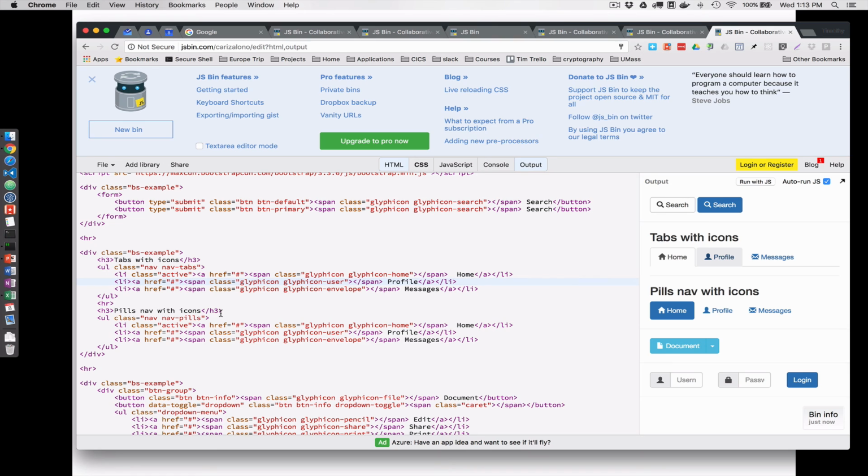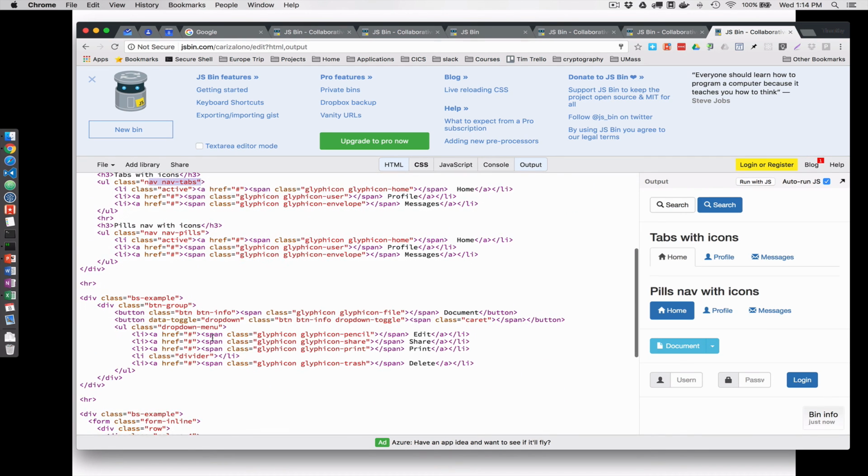Pills nav with icons, right? So here, these are called pills, right? These are a similar idea to the tabs, but it allows you to click on each one of them. Very similar structure, nav-pills instead of nav-tabs. And then we have this button example. I won't talk about button group here because the workshop goes into it in detail and you can easily read the documentation, but essentially it groups several buttons and handles spacing between them. Okay,